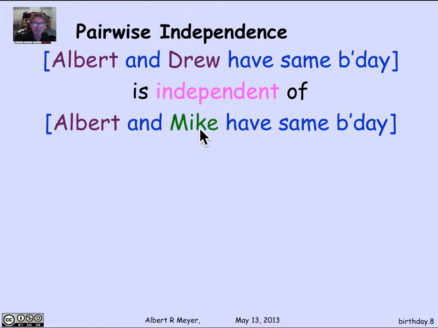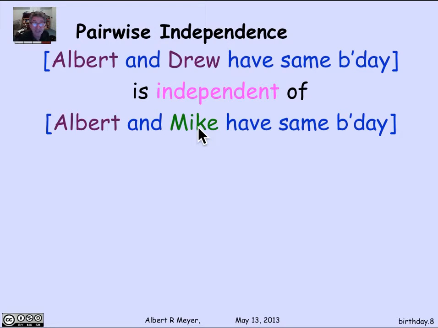So that intuitively means that the probability that Mike has any given birthday doesn't really matter what's going on with Albert and Drew, because Mike is independent of Albert and Drew. And if we know that Mike's probability of having a birthday is uniform, then whatever the birthday that Albert has, whether he matches Drew or not, Mike has one chance in D of hitting the same birthday as whatever Albert wound up having. And that means that the probability that Mike matches Albert is the same 1 over D that it would have been if we had no further information.